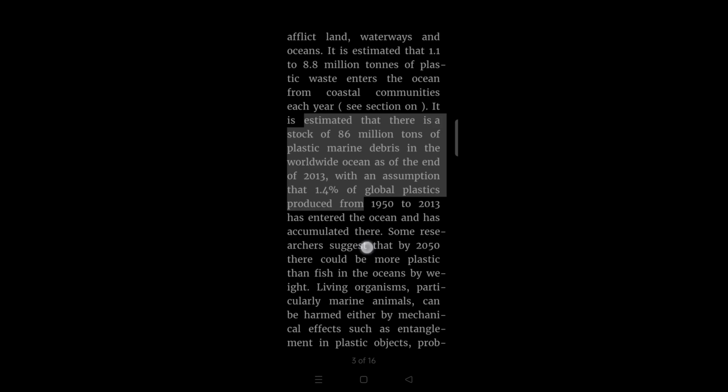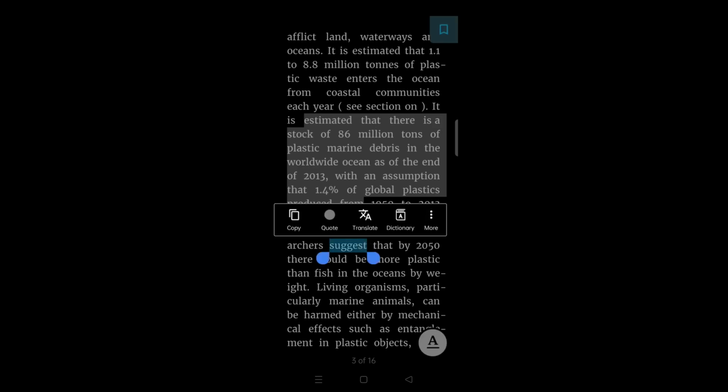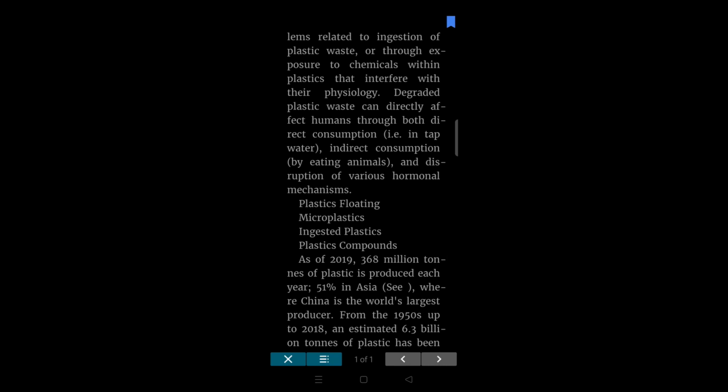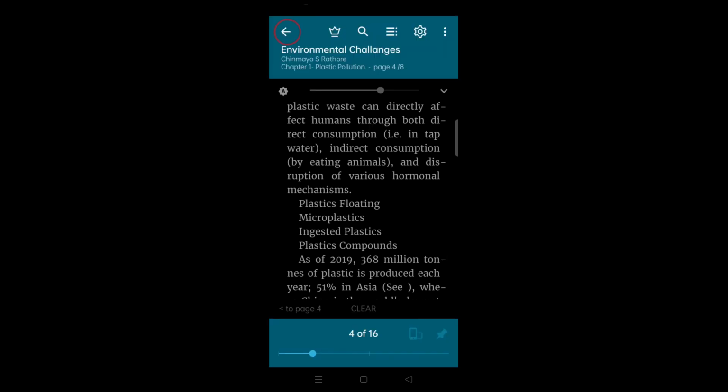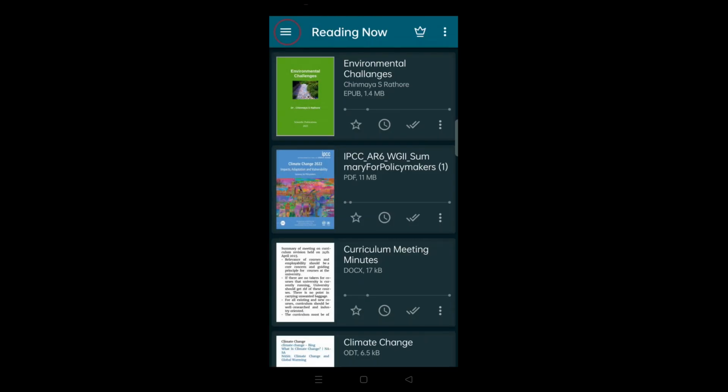And if you long press on any particular word, you can translate it, you can copy it, you can also see the meaning of that particular word in a dictionary. So all these facilities are available. So the ReadEra app is really very flexible. And if you click on this arrow here, you can go back and then click on the hamburger icon, and